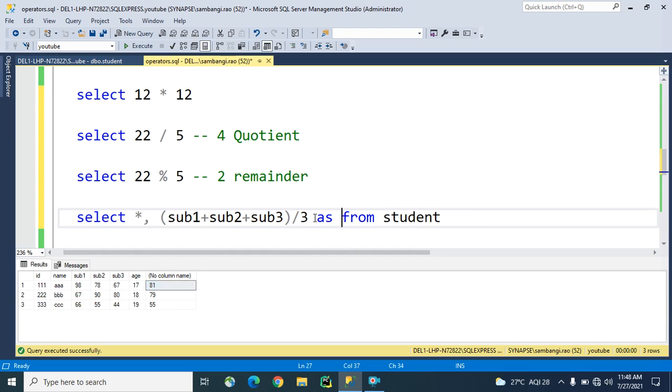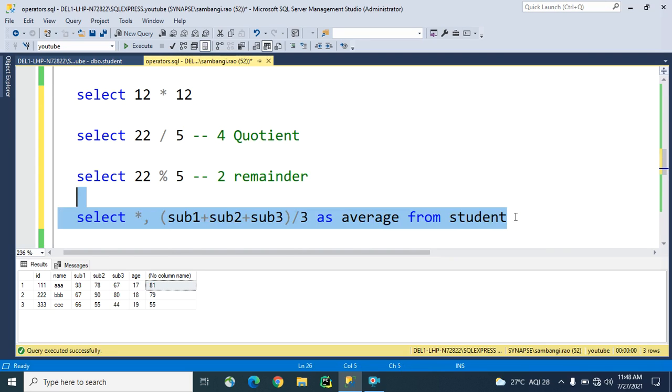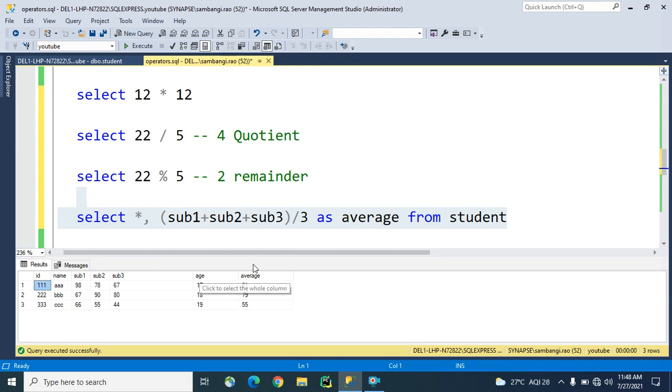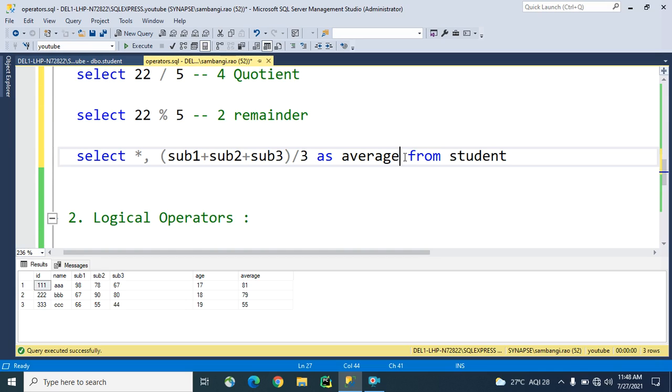In the result table, we can get the column name by declaring the name in the query itself. Only if you declare a column name here will it appear in the result.